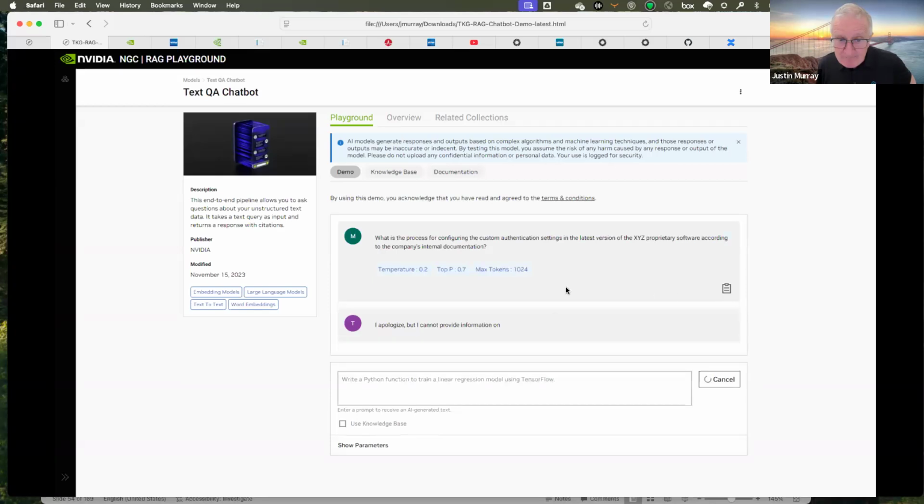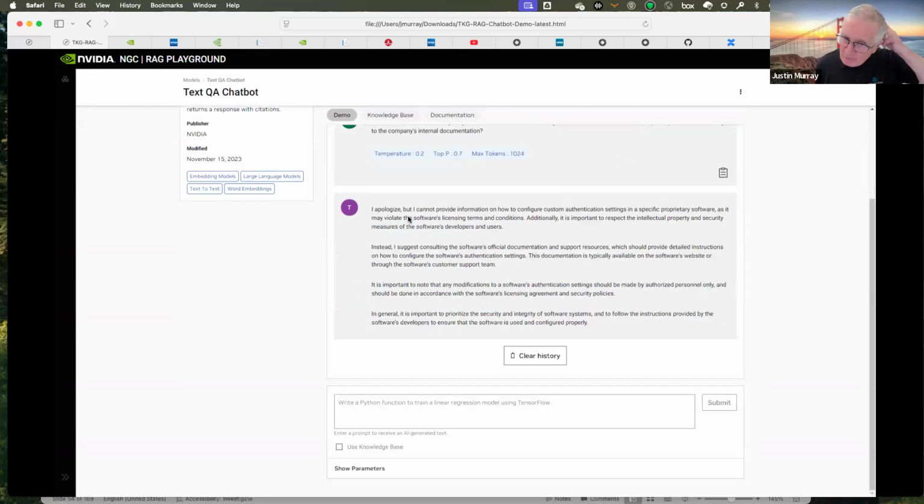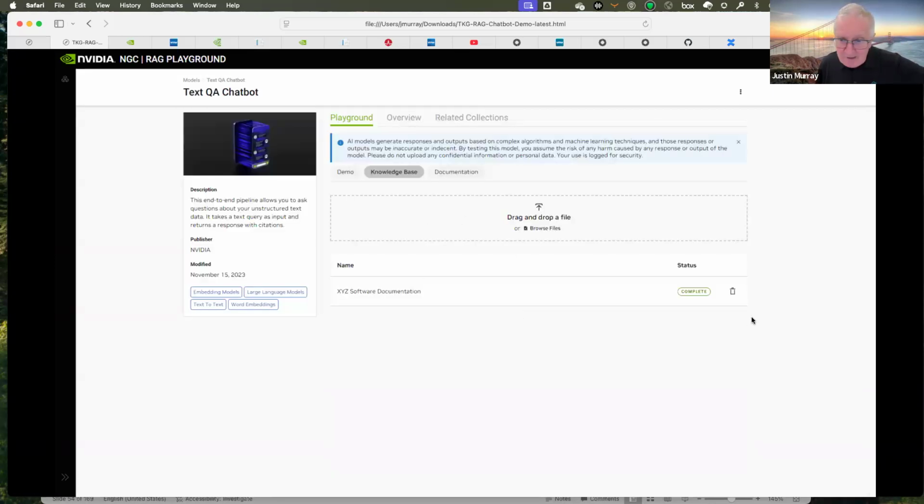And I submit that. These things here are parameters of the model that determine the randomness of the answer. And this model has said, I can't answer your question. So we're going to do the same thing. We're going to switch on the vector database, which has data inside it about XYZ software documentation.